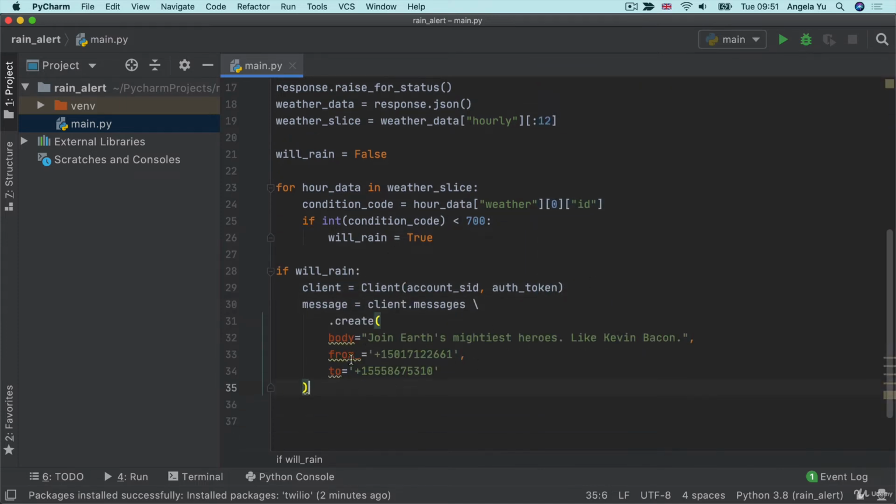The part that we need to change is the body. So this is the text that we're going to send ourselves. And then we're going to change the from field to the telephone number that we got from Twilio, and the to number to the telephone number that we signed up with Twilio with. So let's do one thing at a time. The message that I want to send myself is,